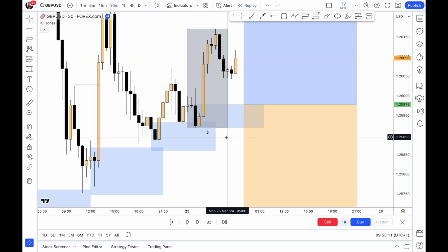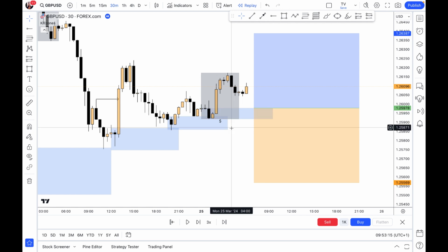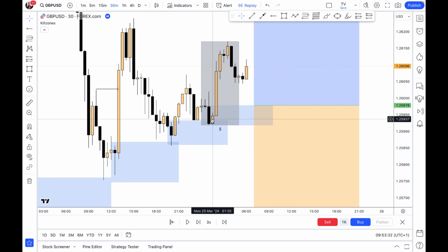And usually in the strategy that I trade and we always talk about on this channel, if we are going to buy, we always want to see the Asian range low, the liquidity sitting right there, to be taken. But there are times when our criteria will not be met. Okay, market doesn't follow our own rules. Market does whatever it wants to do. And looking at this now, at this particular level, you can see that our new point of interest is right